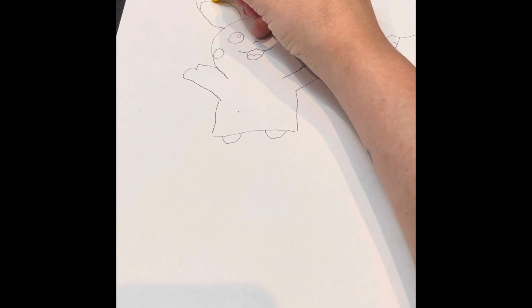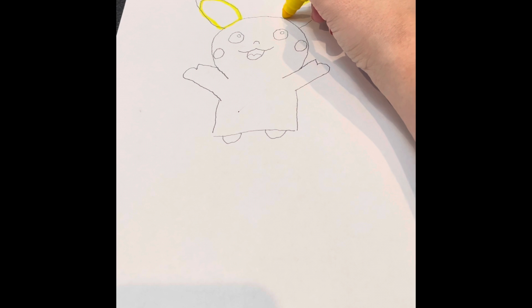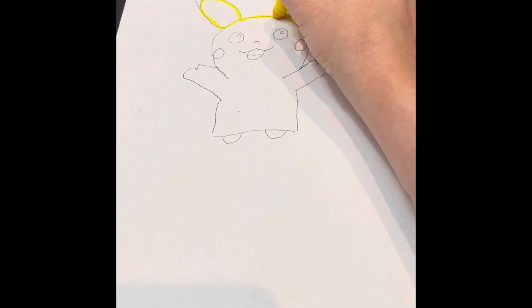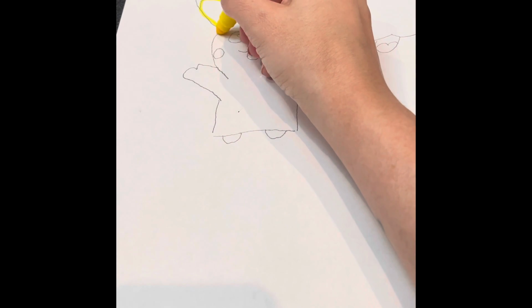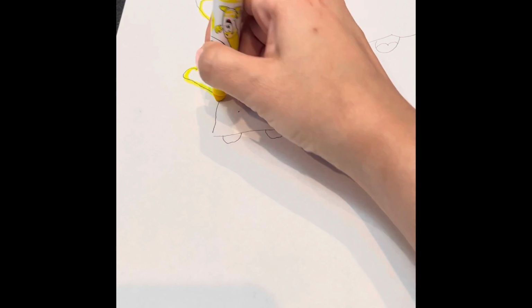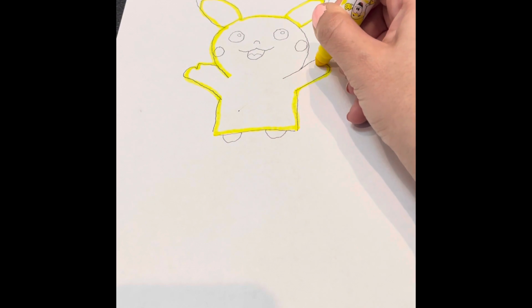Okay, now we're gonna do some coloring. I'm gonna start with the yellow because that's the biggest space we have. So what I like to do is outline the part that's going to be yellow so that it reminds me what I should color and what I shouldn't color, but it also gives me a thicker outline so that it's easier for me to not color outside of the lines because I kind of do that sometimes when I get excited or if I'm coloring really fast. So I'm just going all the way around,